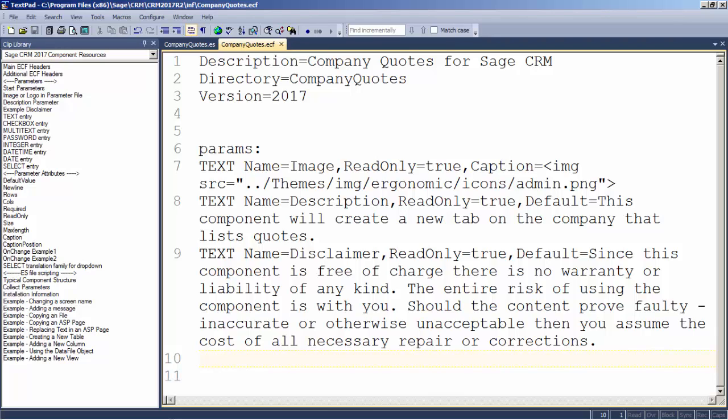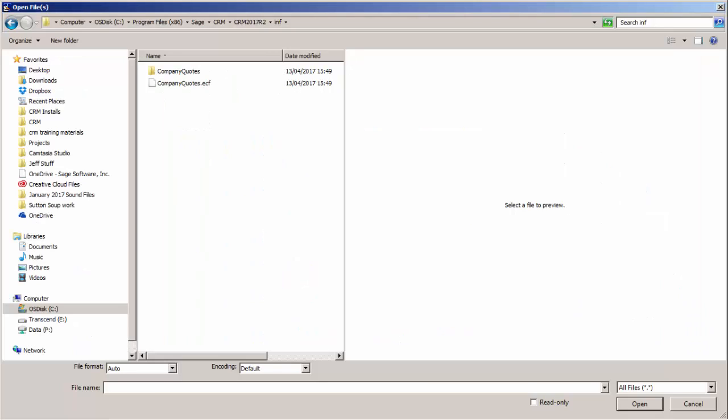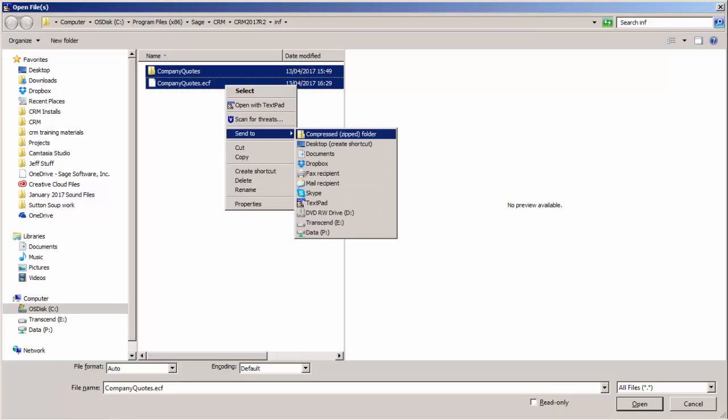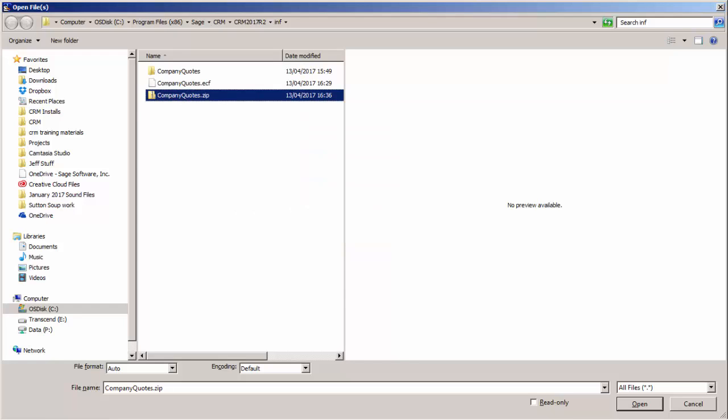So I'm going to save this, and those two files that I've got, the company quotes and the ECF file, what I can now do is to create this as a single distributable zip file, which is available to be used by another install. So I've added my quotations, I've added my parameters, I've added any changes that I might have made to the ES file, the script file, and now what I can do is highlight both of these and send them out into a zip folder, and I'll leave that as company quotes,